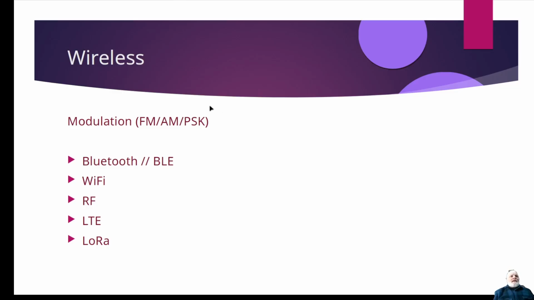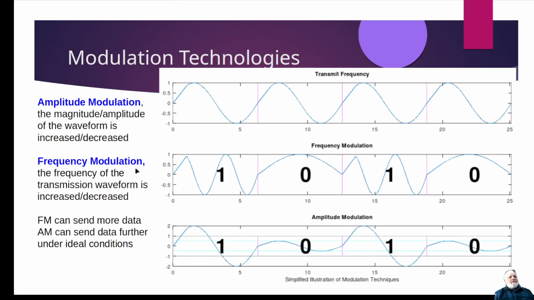All right, so let's talk a little bit here about wireless communications. Of course, you've heard of Bluetooth and Wi-Fi. RF just stands for radio frequency, and then LTE is cell phone. And then there's some other long-range, low-data ones that are available. Now, when you try to send binary information